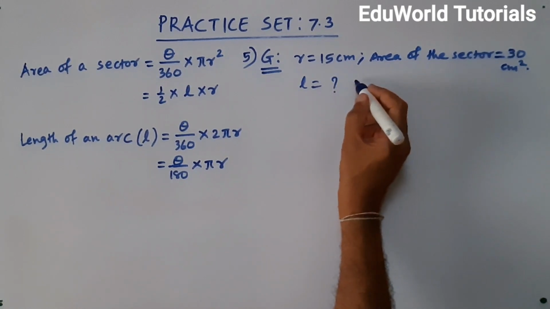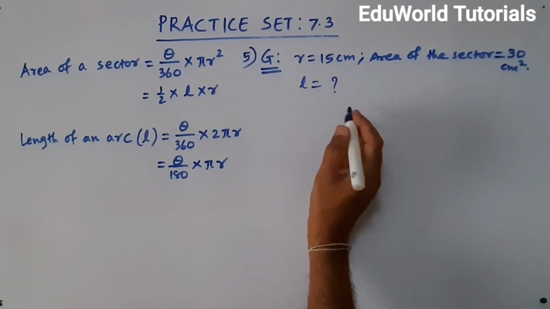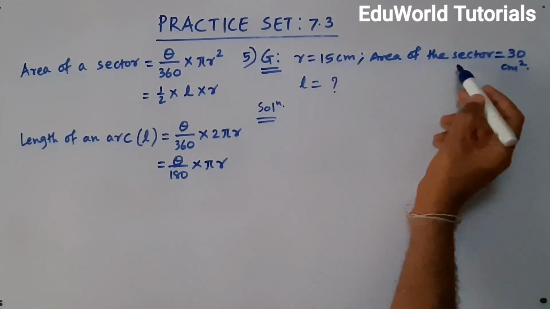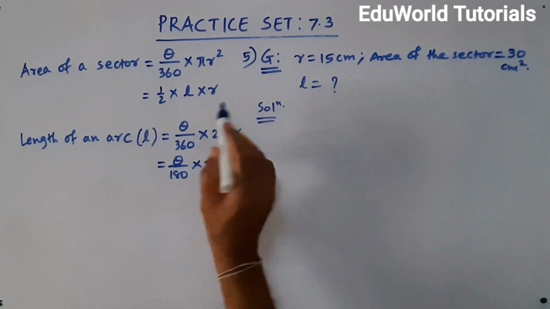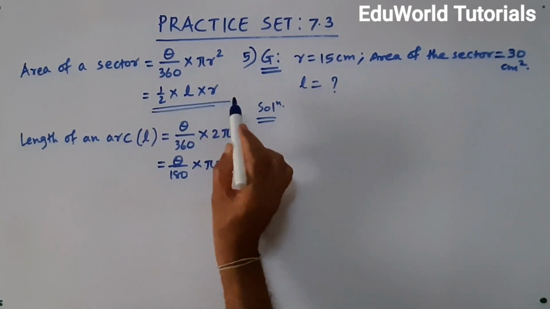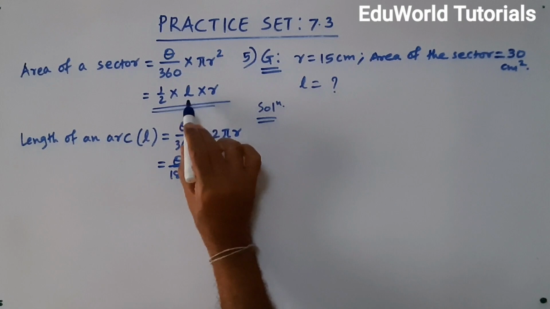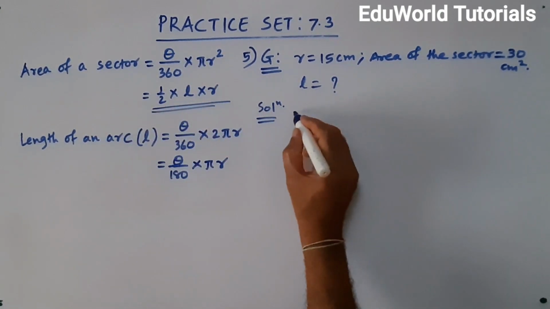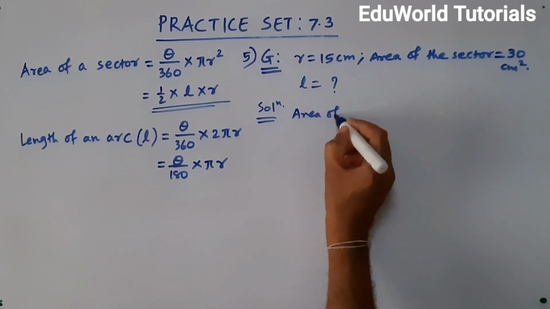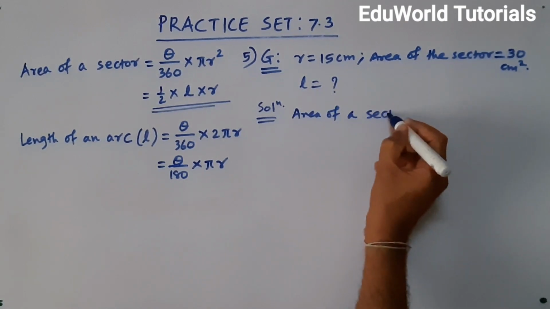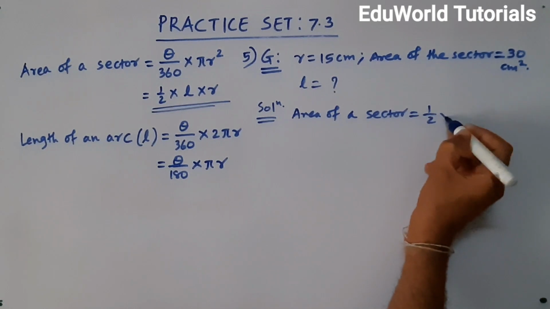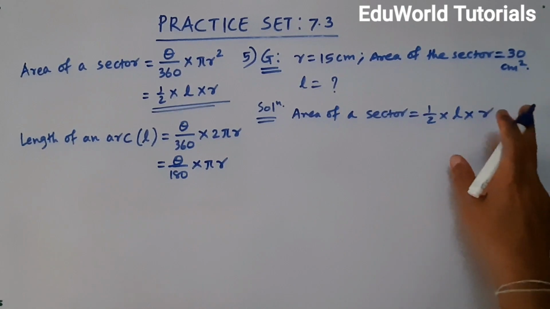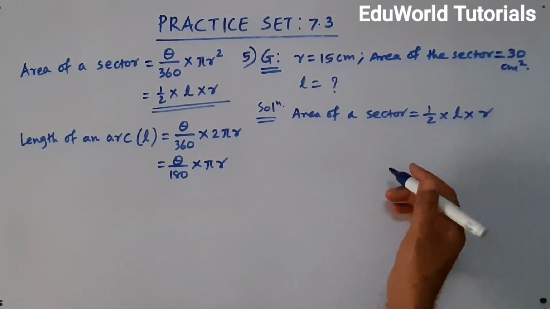The value of pi, no, they have not given us. That means now we have to think about the formula. When radius and area of sector are given and we have to find L, then we may probably think about this formula. Radius is given, length of arc we have to find, area of sector is also given. So directly use this formula. Area of a sector, second formula we are using, half into L into R, or length of arc multiplied by radius whole divided by 2, which we wrote in the previous sum.